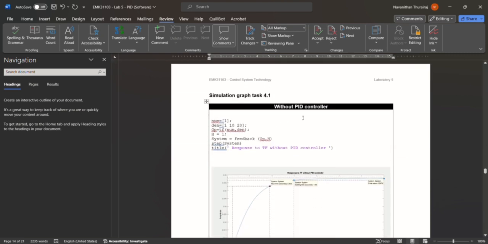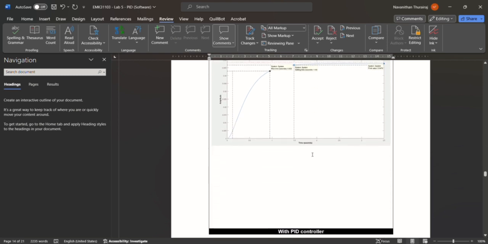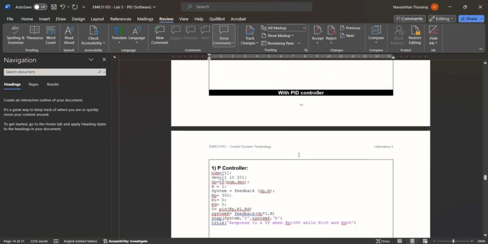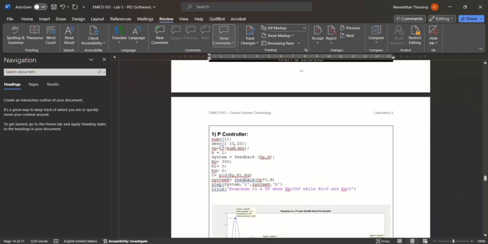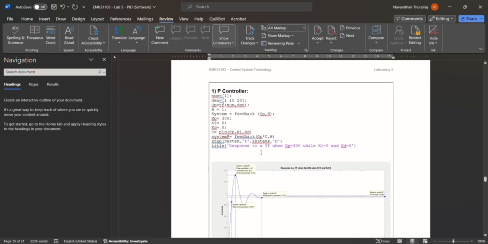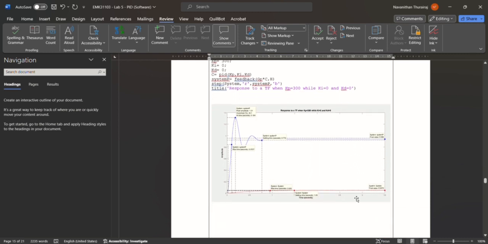Without the PID controller, this is the numerator 1, the denominator is 1, 10 and 20. This is the response to TF without the PID controller. And as for the P controller, this is the same numerator and denominator, with the system feedback, and KP is 300, KI is 0, and KD is 0. So this is the response to TF when KP equals 300 while KI equals 0 and KD equals 0. So this is the graph,